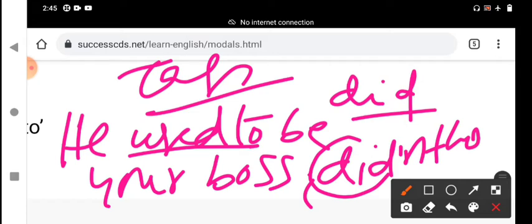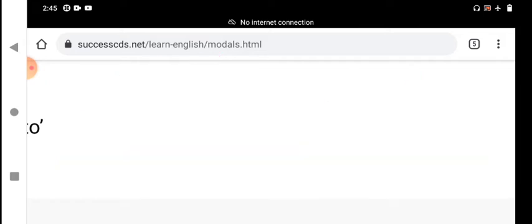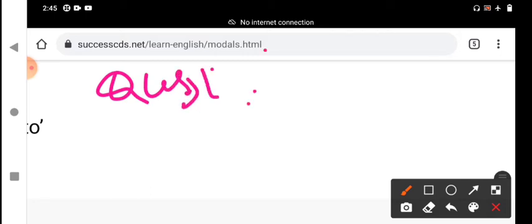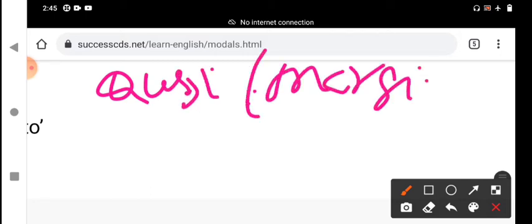Do and does express the present tense and did expresses the past tense, my dear students. That you should understand. While framing the interrogative sentence with do forms, we should use do, does in the present tense and did in the past tense. The verb used to is a marginal modal verb. It is also called a quasi modal verb or marginal modal verb.